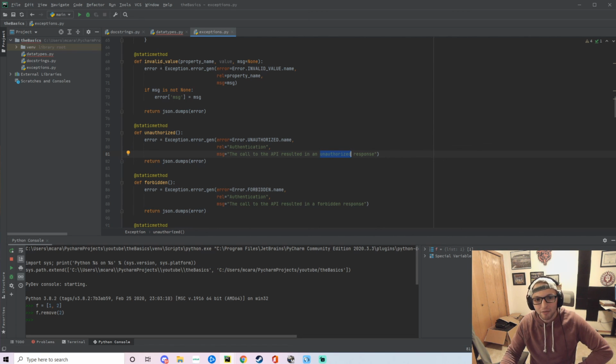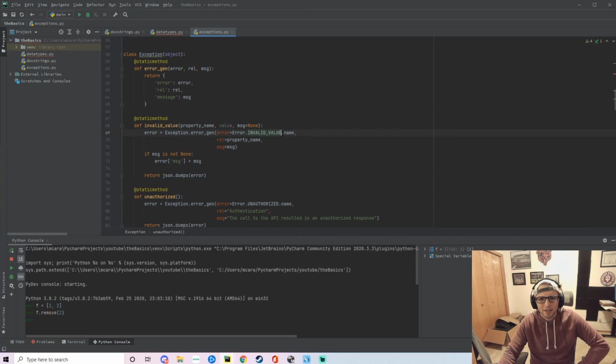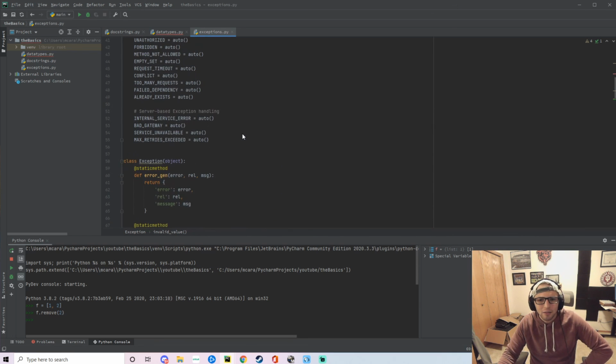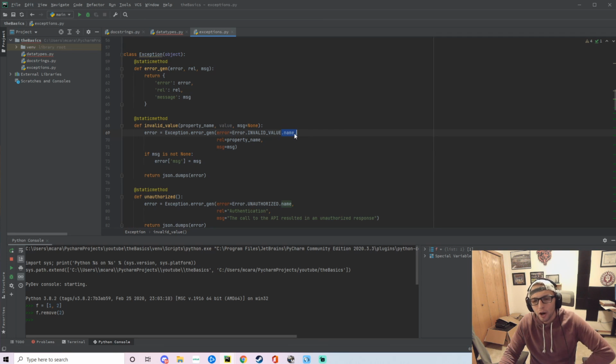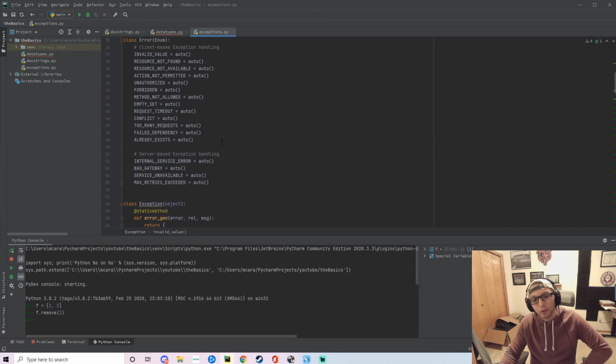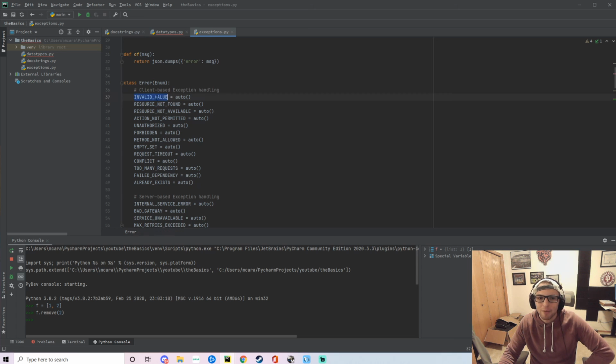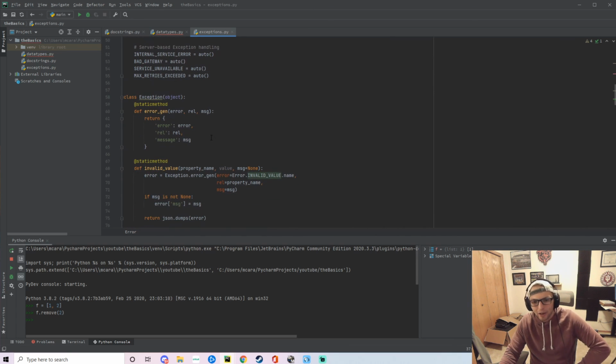In other cases, like an invalid value, you know that they've already authenticated to your application, because you have some type of decorator protecting the overall state when they're trying to go into your deeper methods. Invalid values should only be returned when they're already authenticated to your application. Therefore, you can be a little more descriptive. The way that I'm doing this is I'm using the enum up here as I showed. By using auto, we have a .name attribute, super cool, because it just takes whatever the name of the variable is and assigns that as the value. I really like that. I think it's very indicative of what this error represents.